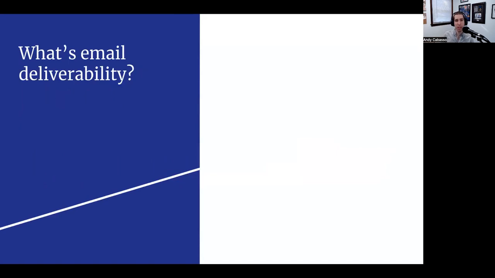So first, we're going to get into email deliverability overall. Whether or not you're an expert in deliverability, we're going to cover a little bit of the basics, things that you should be doing whenever you are starting to do outreach, and things that you should be doing on an ongoing basis to improve your deliverability. To get started, we're going to talk about what deliverability is and what the point of this is.